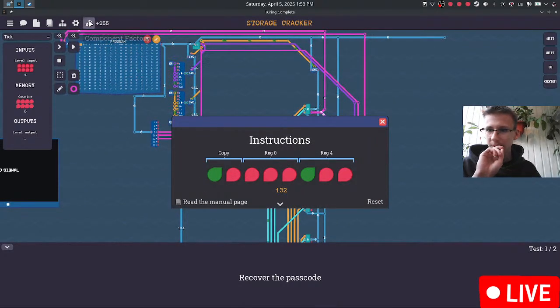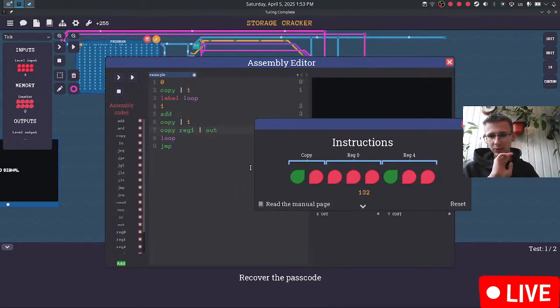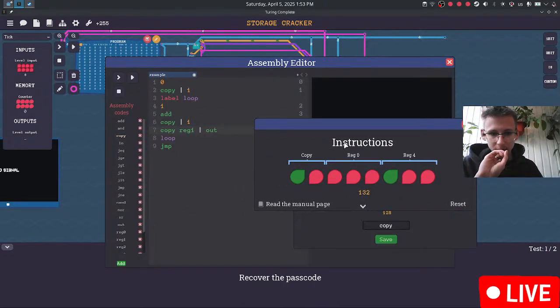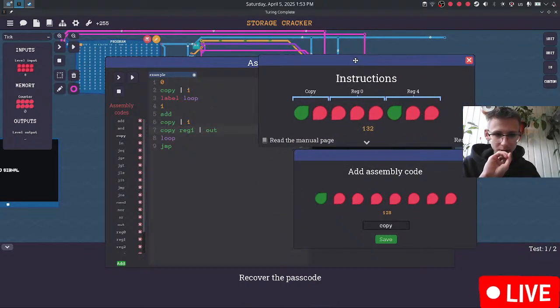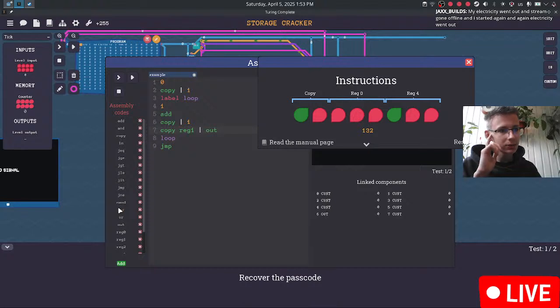copy. So what do we have here? We have copy register 1 into out. Copy is 1 0. No, 2 zeros. Turn on stream and go offline and start it again, and again electricity went out. Oh, that's sad. That's really sad. Let's